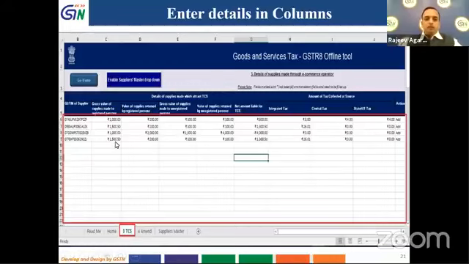Further, we have to be careful that we will not fill in 2 rows for a single GSTN. So all the data for a particular GSTN has to be filled in a single row. And if there are any negative values, we have to just leave it. You cannot enter that, but if there are any negative values, when we click the validate sheet button, that will be reduced to 0. Further, there is an action column, add and delete.